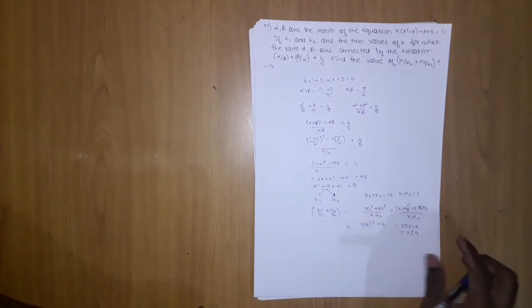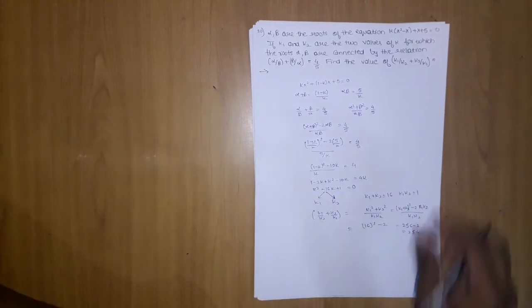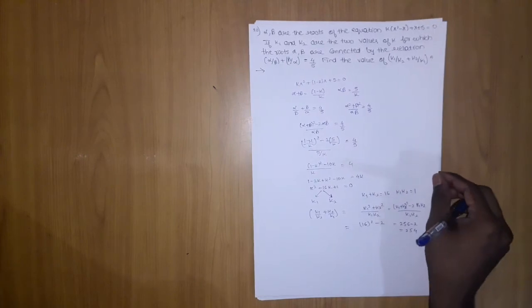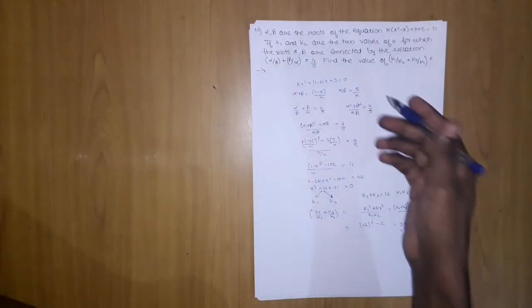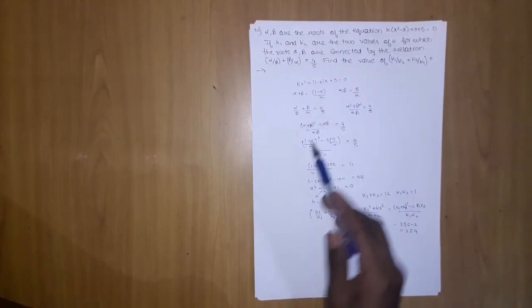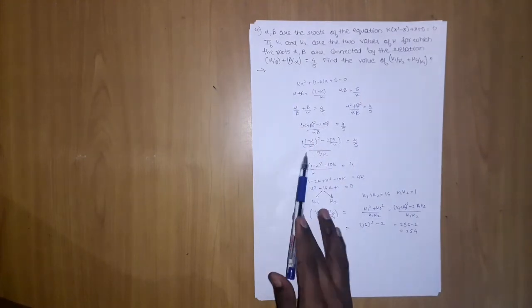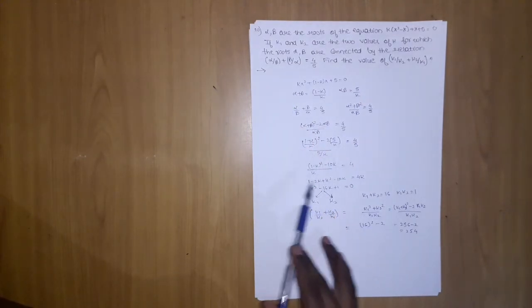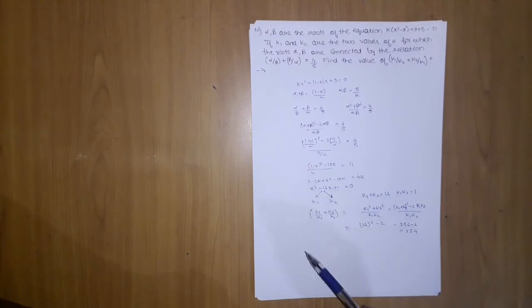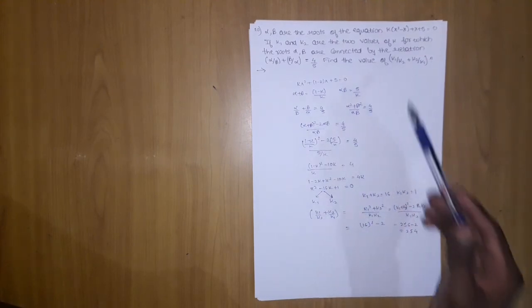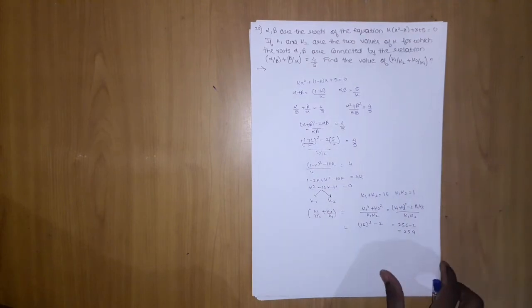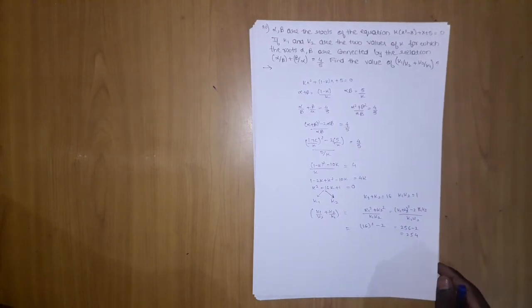So this was a medium level problem. Okay, let's move on further. Hope it was easy. We first found the roots and then equated using the given equation, found the equation in k which will have roots k1 and k2, then found the sum and product of k1 and k2, simplified this and got the value by putting the k1 and k2 sum and product values. Okay, let's move on further.